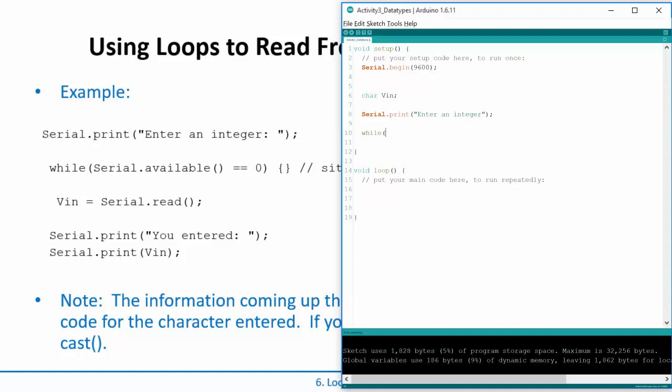I'm going to say while Serial.available, and it's a function, equal to 0, and then I'm just going to sit and spin. That's it. It'll just sit there until something's available. If something ever comes up the cable, I will perform my Serial.read, and that will assign it to that char variable vn. Then, just to verify that something happened, let's say "you entered" and I'll Serial.print